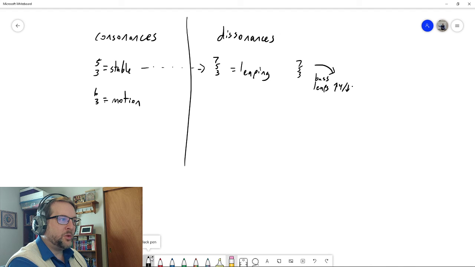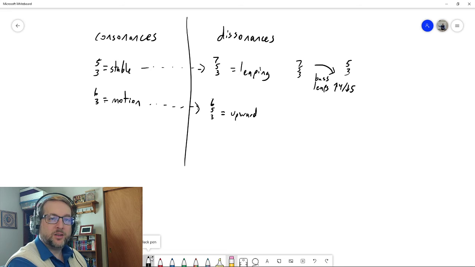Up by 4th or down by 5th. Lands on another chord of the 5th. Our 6-3 chords turn into dissonances. We have our 6-5-3. It's our upward resolving dissonance, if you will, because our 6-5-3 resolves up by step in the bass